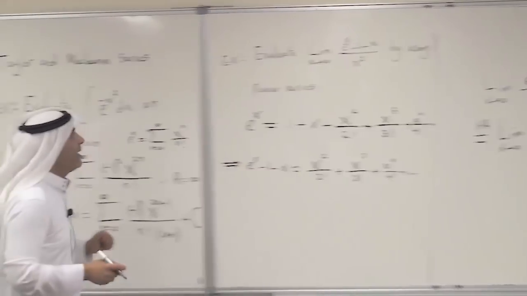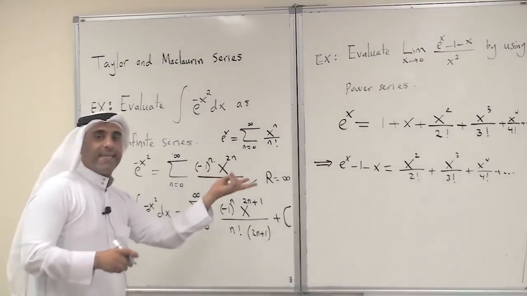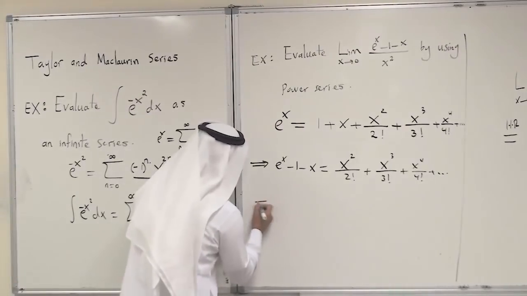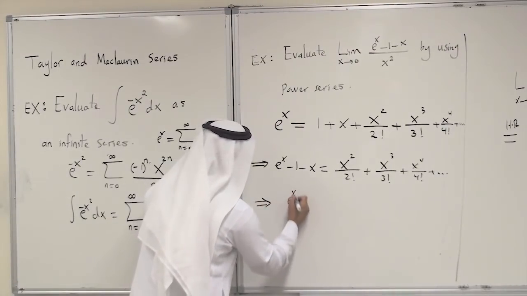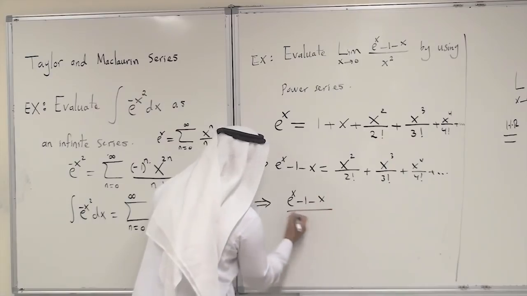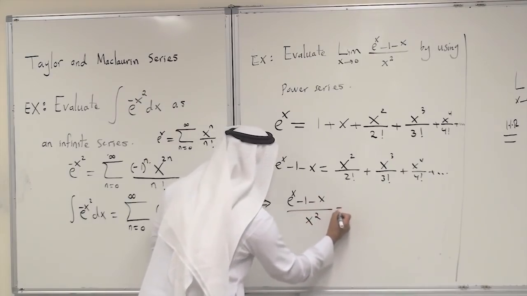Okay, fine. Let us now divide by x squared and then take the limit. If we divide by x squared, this is what we have: e to the x minus 1 minus x divided by x squared will be equal to